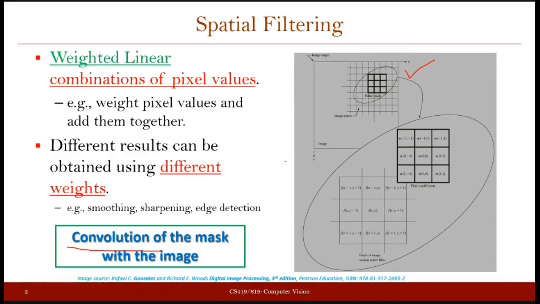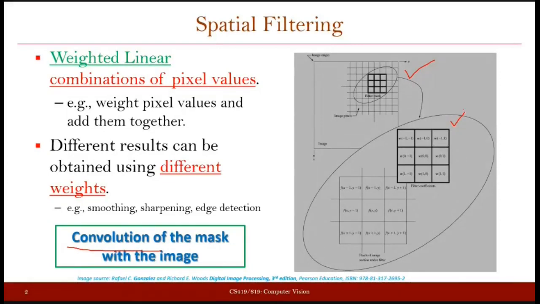Let's say when we say filtering and we want to compute the new value for all the pixels, we can simply say that the image is actually being operated by the given filter. Let's say we have computed the correlation.